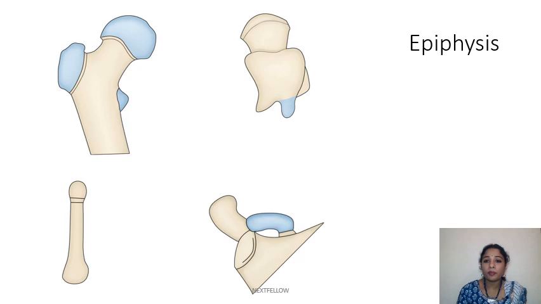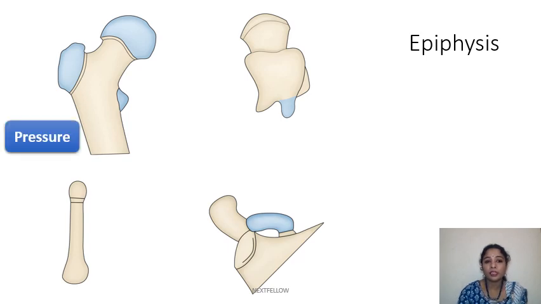So let's talk about the types of epiphysis also. There are 4 types of epiphysis. First one is the pressure epiphysis, where the part of the bone involved in the weight transmission and are usually intracapsular, inside the joint, are pressure epiphysis. For example,